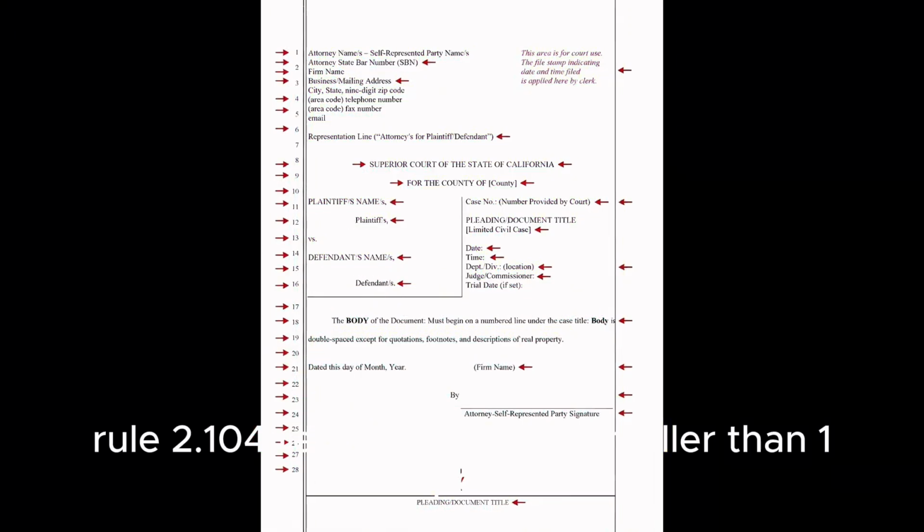Rule 2.104 requires type no smaller than 12 point, and electronically filed documents must be capable of producing clear, permanent, legible copies. Rule 2.105 requires a typeface equivalent to Courier, Times New Roman, or Arial, and Rule 2.106 requires black or blue-black print. Rule 2.107 sets margins at a minimum of 1 inch on the left and 1/2 inch on the right. Rule 2.108 requires lines to be 1 and 1/2 or double-spaced and numbered consecutively, with footnotes and quotations